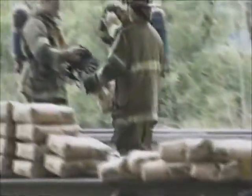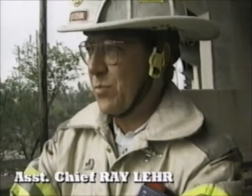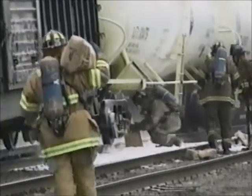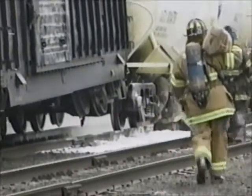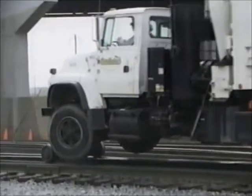This is not what most people join the fire department for. This is not the glamorous running into a burning building and snatching some poor citizen from the jaws of the beast. This is very much a painstaking, long-term operation. It takes a lot of hard work. It doesn't have sort of the satisfaction that extinguishing a fire does, but certainly the magnitudes of these events make them that much more important,